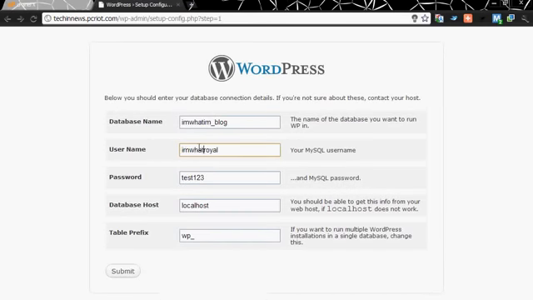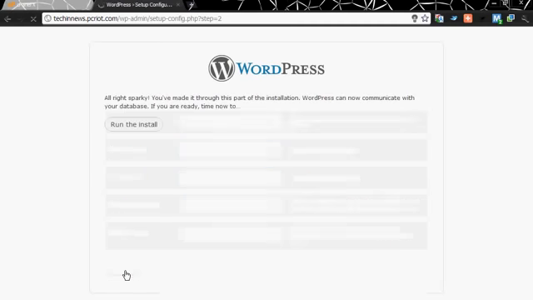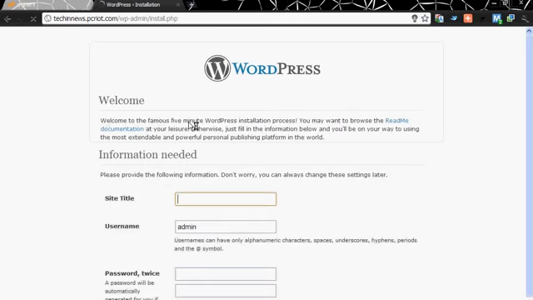Now you can run the install. Click on run the install. Now give a site title: Tech in news. Let the username be Royal121. Password test123.